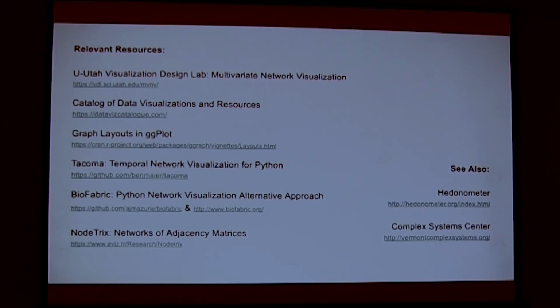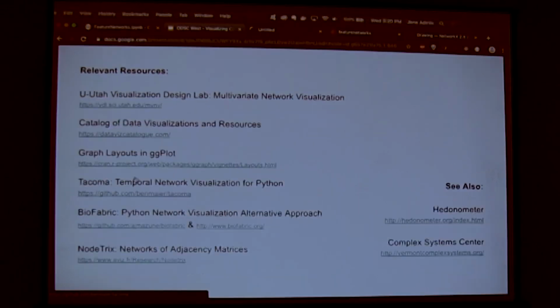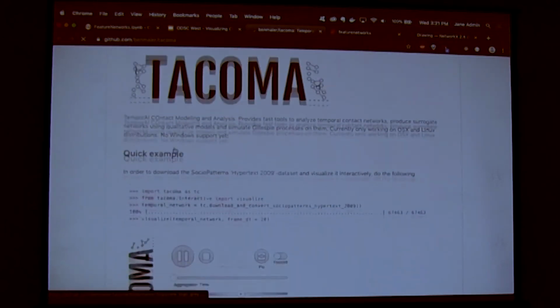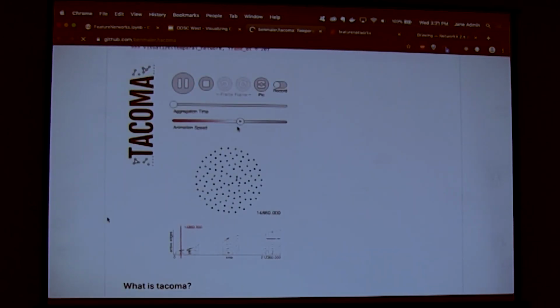So Tacoma by Ben Mayer is a temporal network visualization package for Python. It doesn't yet support edge weights or directed edges, but he did a really great job putting it together. It's all available on GitHub. There's even a demo here